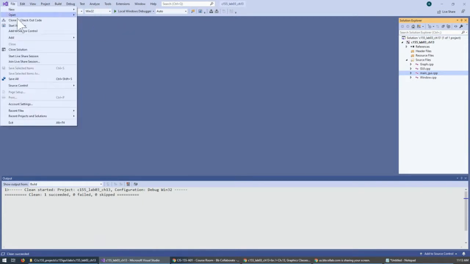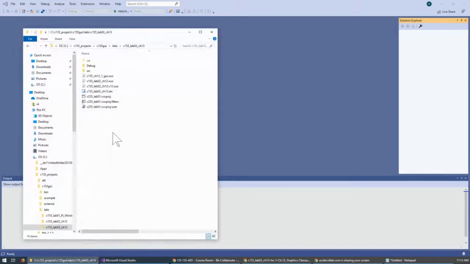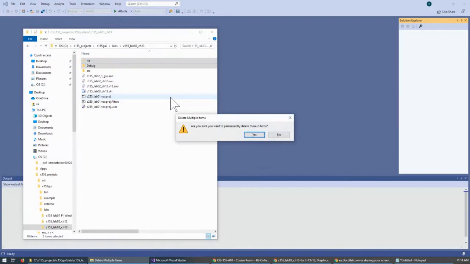And then I say file close solution to just let go of Visual Studio holding a lot of files and directories under its control. So to release that, it's good to exit Visual Studio, close the solution. And then if we go to our project folder now, we can delete the VS and debug folders